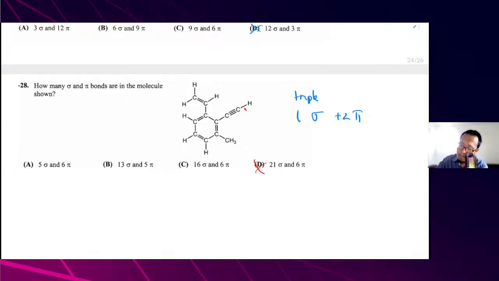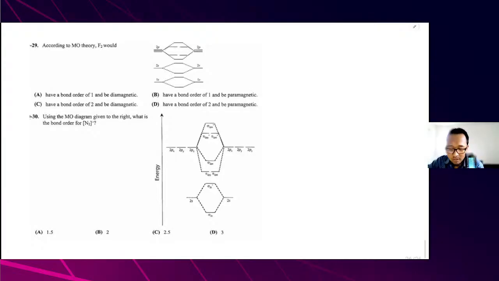Okay, 1, 2, 3, 4. Oh god, 5. This one is CH3. Oh man. 5, 6, 7, 8, 9, 10, 11, 12, 13, 14, 15, 16, 17, 18, 19, 20, 21. Oh yes. And according to molecular orbital theory, F2 would